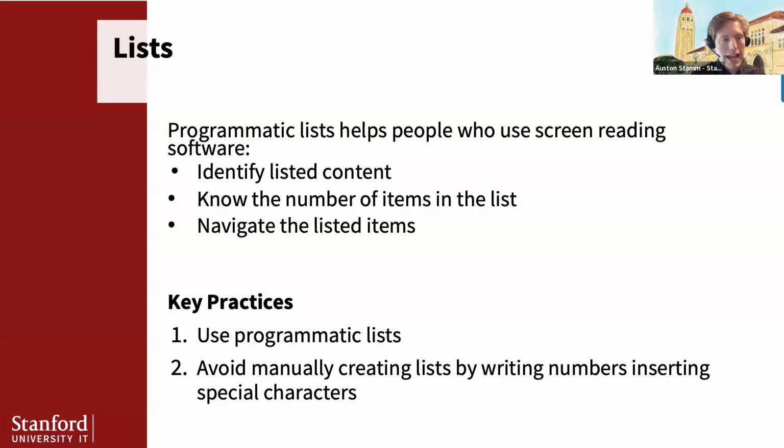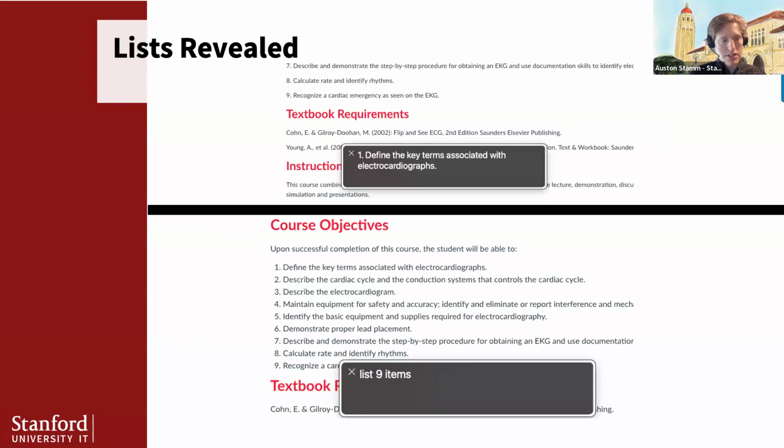In Word, you wouldn't want to manually create your list or put in special characters because it's not really a list. So I have an example here at the top with these 9 items,